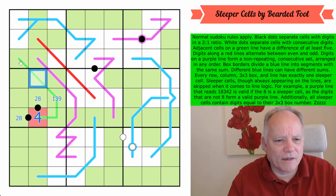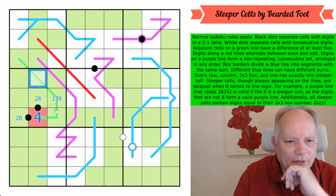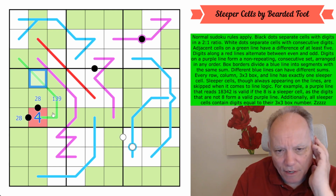This one, I don't know. I mean, I know 5 can't be on that green line, and that's really all I know. But it's the only line where I've found the truth, as it were. Oh, let's think about the lines, though. We've got to get...